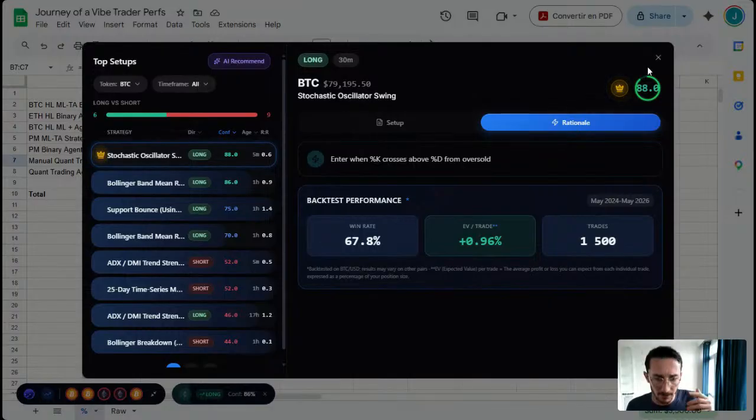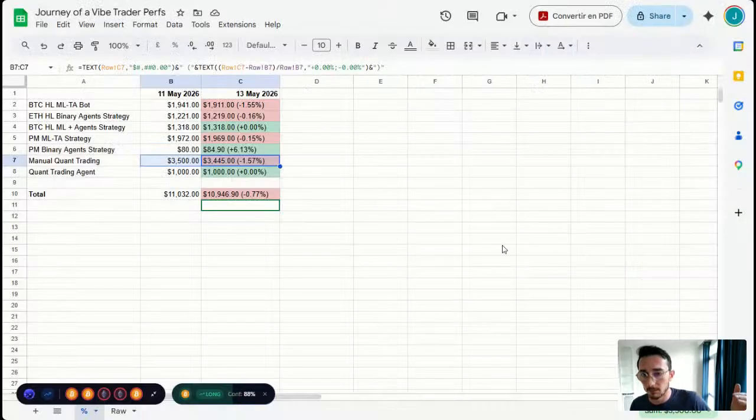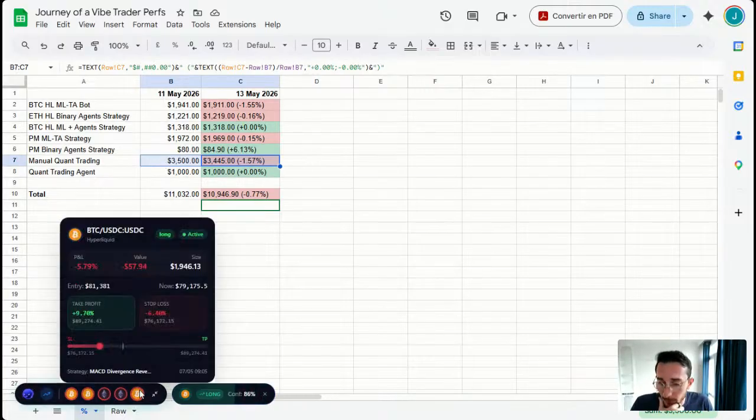But the problem is that I entered with too much size compared to my portfolio, and then I was thinking, okay, I have too much size, I'm not willing to take the risk, and then I manually cut it. That was a bad cut. I was a bit down, and then the market went down again, and I decided to re-enter kind of as a revenge trade, let's put it that way. And it didn't end up well for now.